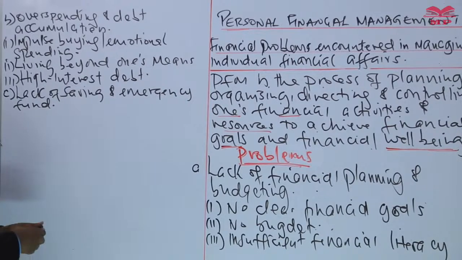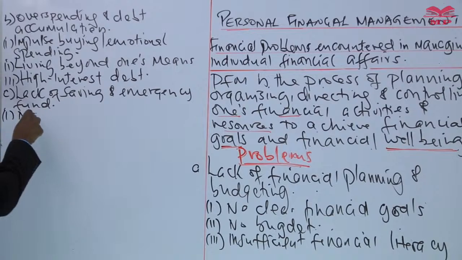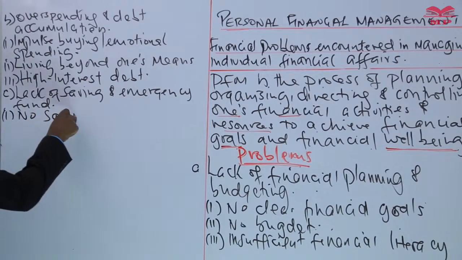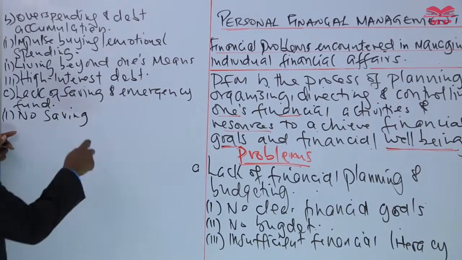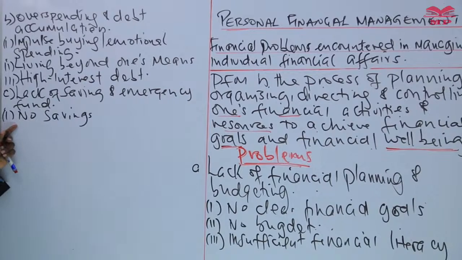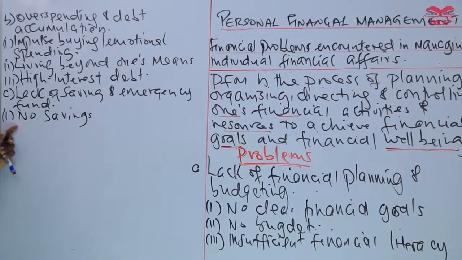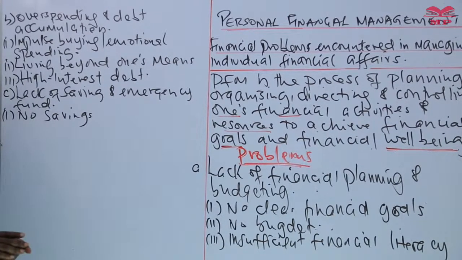First point under that is not saving. Having no savings. Not having a sufficient amount of savings can leave individuals vulnerable to unexpected expenses and financial